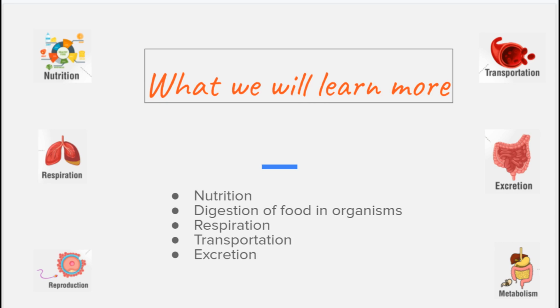Then we will deal with the respiration part, that is why do we breathe in air or breathe out air, and what is the requirement, what are the organs that support this process. Then we will deal with the transport system, that is the chemical substances or the food materials or the gases which enter our body, how they are transferred from one position to another position. If they are not transferred, the body may not get the requirement, whatever is required for their growth and development. So transport is equally important.